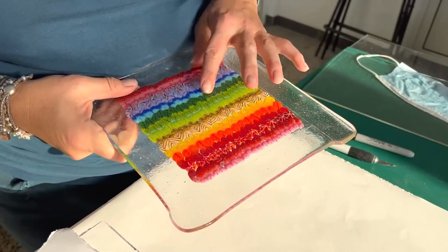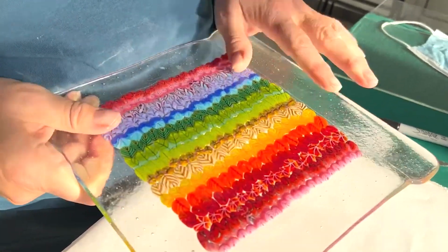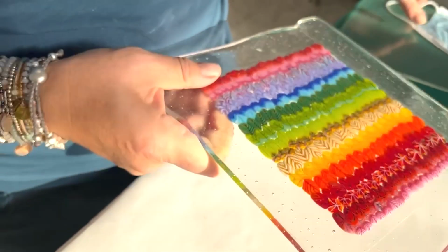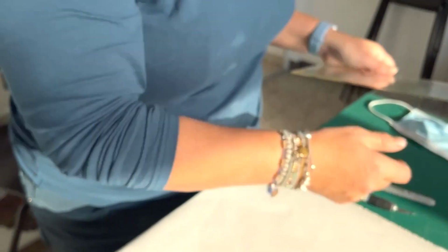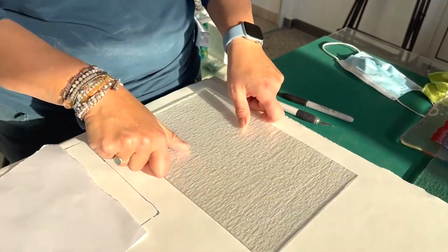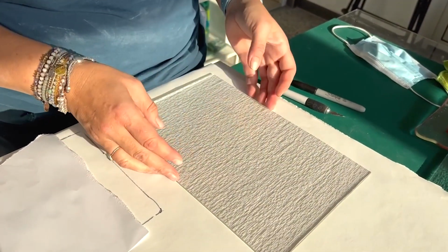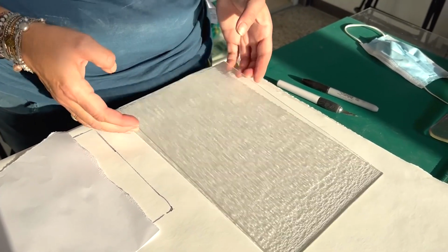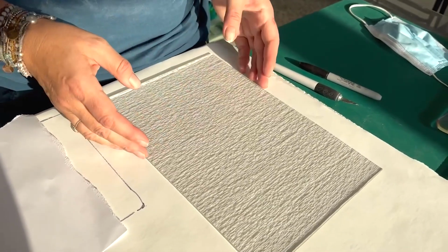So I made this as a sample for something I was doing, and I really love it. I love the texture and the design, how it feels. And I wanted to make my brother a cheese board for Christmas. So I had the idea of using this kind of design, but with our Marini, and going across in all the different colours, finding the different colour Marini. So I am going to get on with that, and I will show you when it's ready to go in